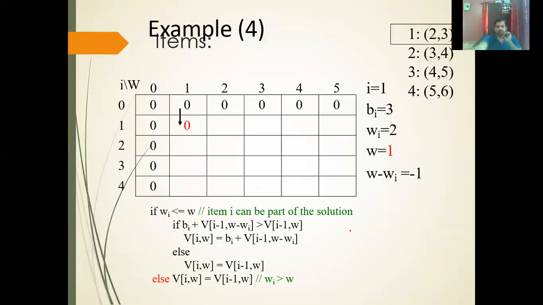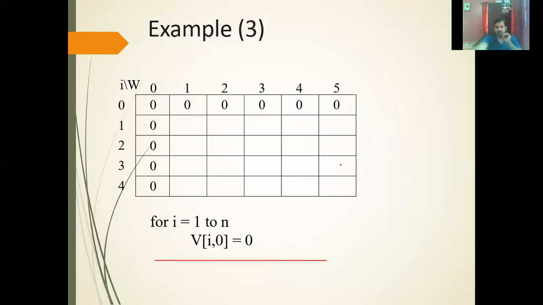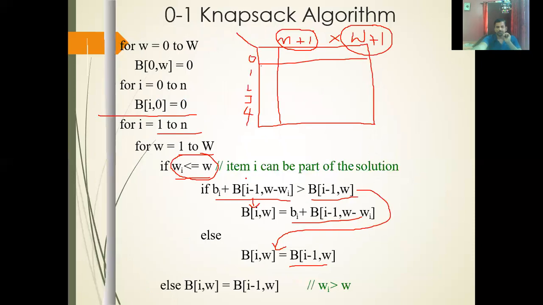Now, next for loop. There are 2 for loops. Within those 2 for loops, we have this part. i is varying from 1 to 4, and small w is varying from 1 to capital W. You can see in your algorithm this part, 2 for loops, within this we have this. So this we have written in that particular example itself. Outer for loop varying from 1 to n, inner for loop varying from 1 to W.